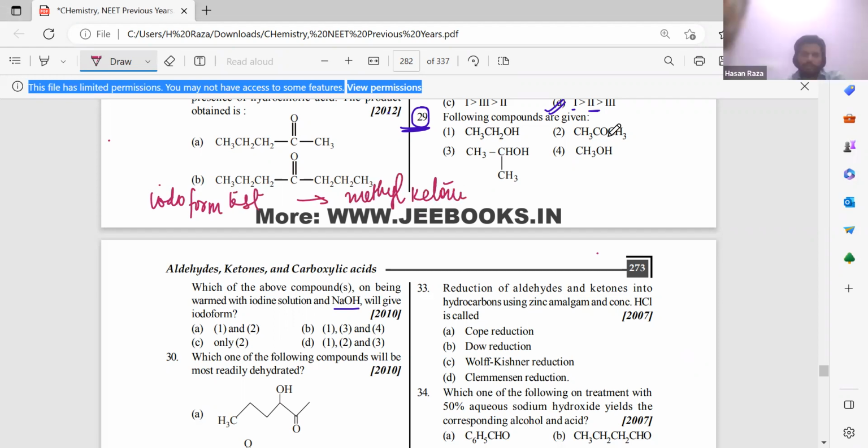So your methyl ketone, and also methyl alcohol like this or this, ethanol. Iodoform is not given by this methanol. So the answer will be 1, 2, and 3. Always remember that this will be the scenario. Methyl ketone will be there. So this is it for today. In the next class, you